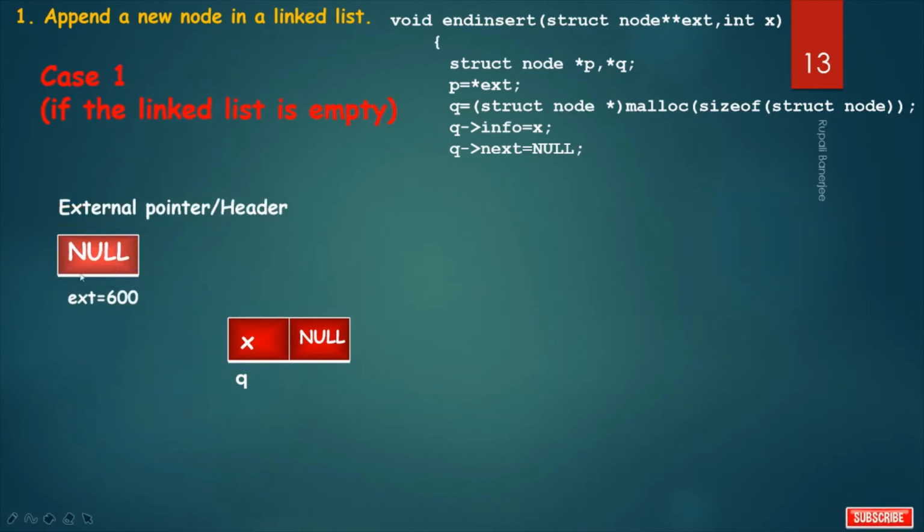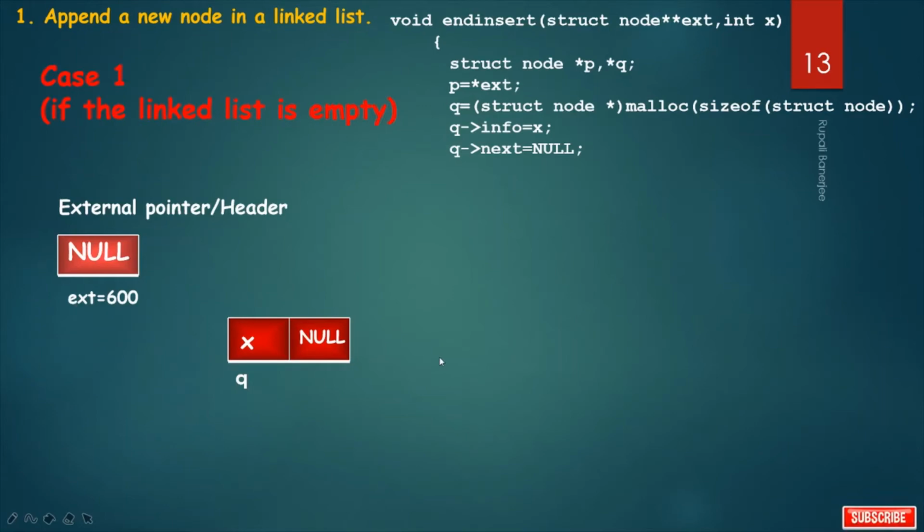So I have to check the content of the external pointer, and if it is null, then we can say that our linked list is empty, and our new node is the first node. This is the single node of the linked list, the first node, or the last node. There is only one node in the linked list. Then just give the address of this new node to the external pointer.